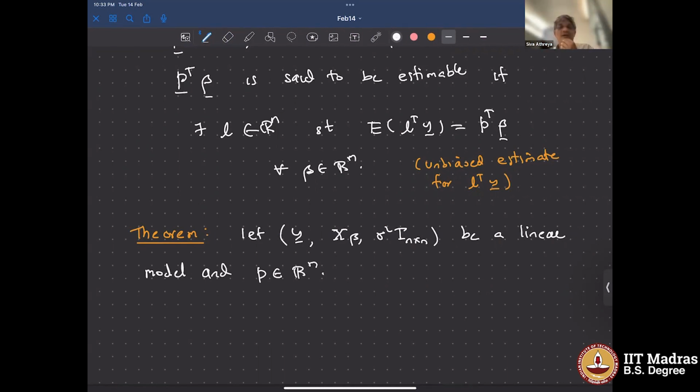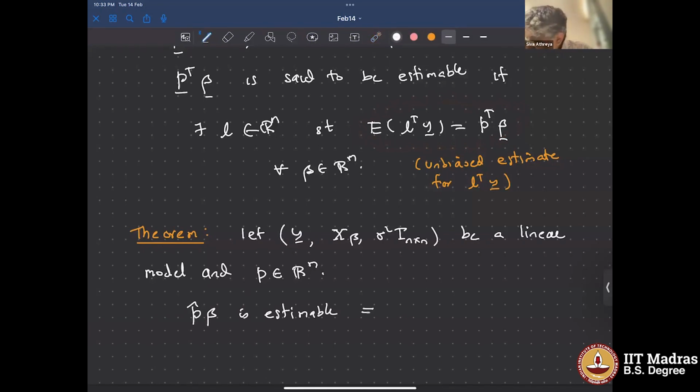It's a little unintuitive, but once the proof is there, it's not so bad. P transpose beta is estimable, that is, you can find an L for which L transpose Y is an unbiased estimate of P transpose beta,